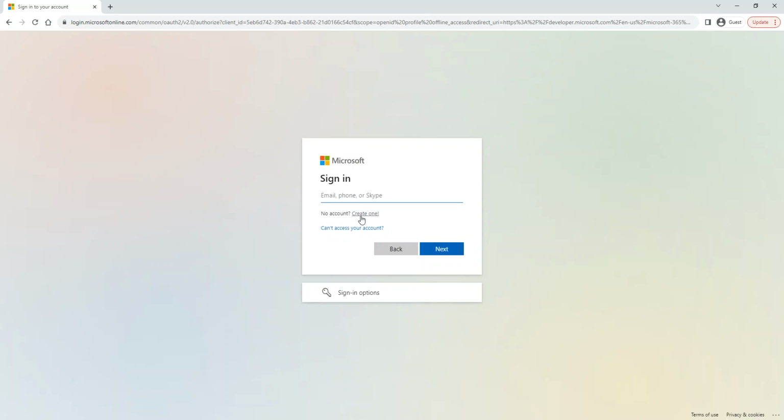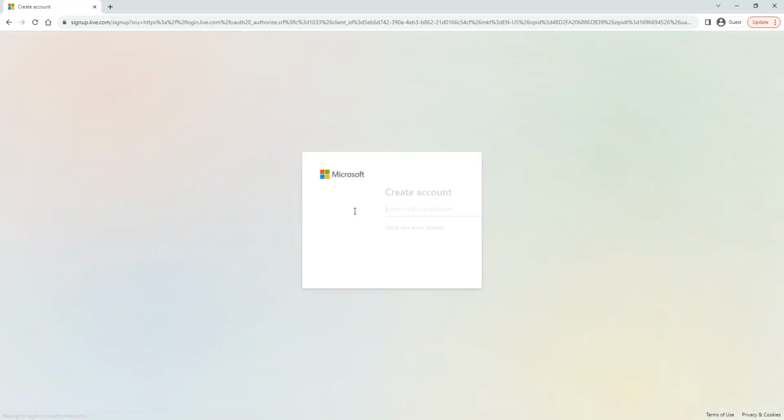I'm gonna assume I don't have an account. Okay, on this screen, there is a link that says no account, create one. Or if you already had an account before but forgot it, you can do that. But now I'm gonna assume you never had an Office 365 account. So I'm gonna put create an account, and then I'm just gonna put SP Fall 2023. That's gonna be my account.